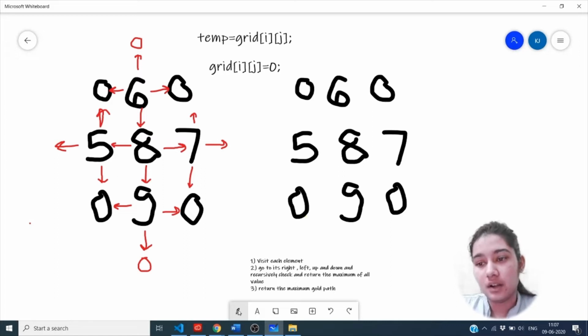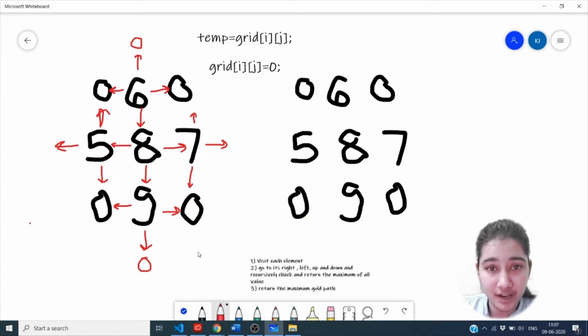The first thing we have to do is iterate over each and every cell element, and if the value is 0, as in the first condition, we just return 0 in this case, and then iterate over the second element, that is 6.